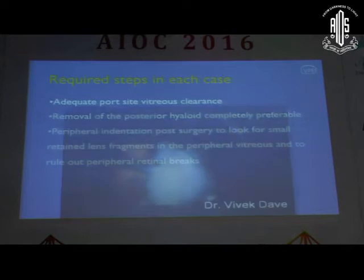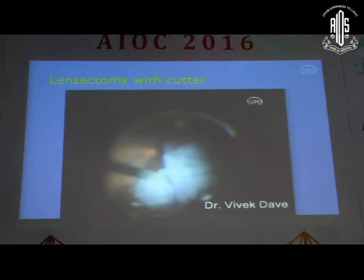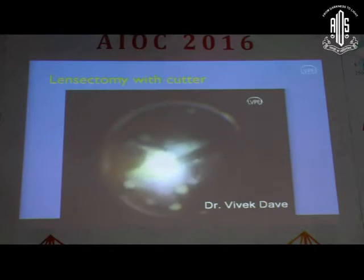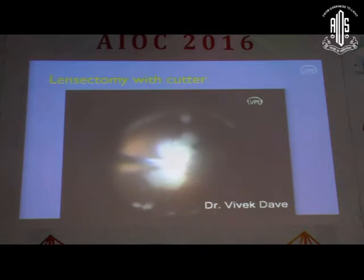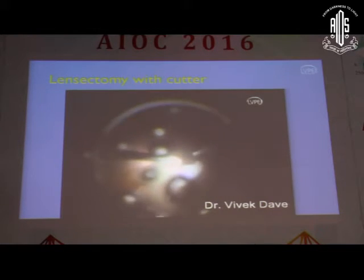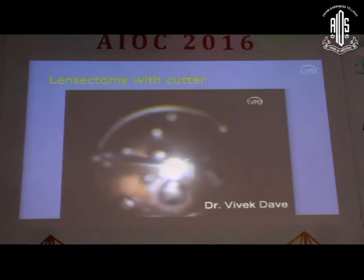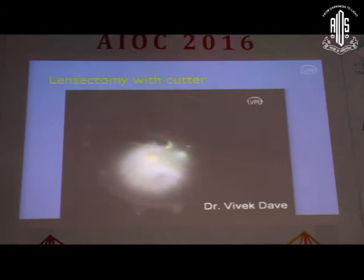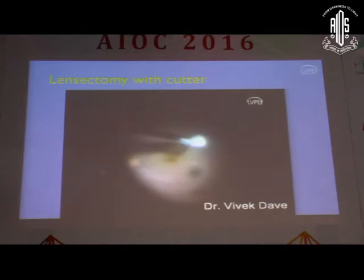So this is a video showing lensectomy with a cutter. When you have a condition where the dropped pieces are very soft, or essentially it is hydrated nucleus matter or epinucleus, one can take a vitrectomy cutter on the lensectomy mode, that is relatively high suction and low cut rate, using the endoilluminator as a second instrument,